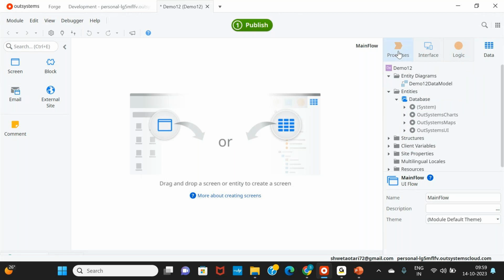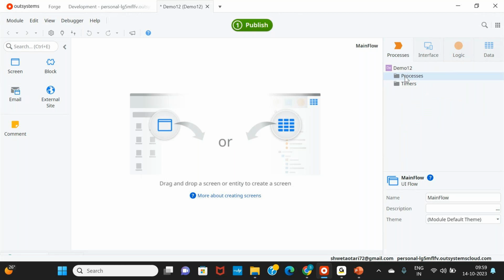Application processes such as business processes, automated processes, timers, schedules, and timeouts all come under the process layer. For example, you are working in an organization where 1000 employees are there,